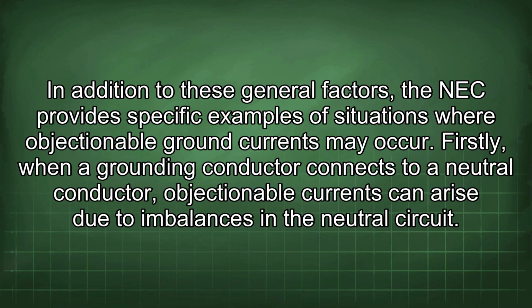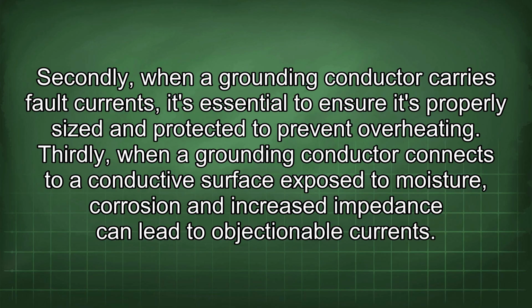In addition to these general factors, the NEC provides specific examples of situations where objectionable ground currents may occur. Firstly, when a grounding conductor connects to a neutral conductor, objectionable currents can arise due to imbalances in the neutral circuit. Secondly, when a grounding conductor carries fault currents, it's essential to ensure it's properly sized and protected to prevent overheating. Thirdly, when a grounding conductor connects to a conductive surface exposed to moisture, corrosion and increased impedance can lead